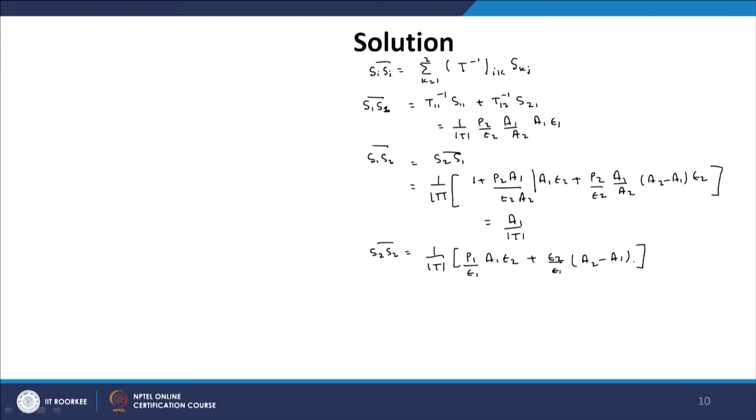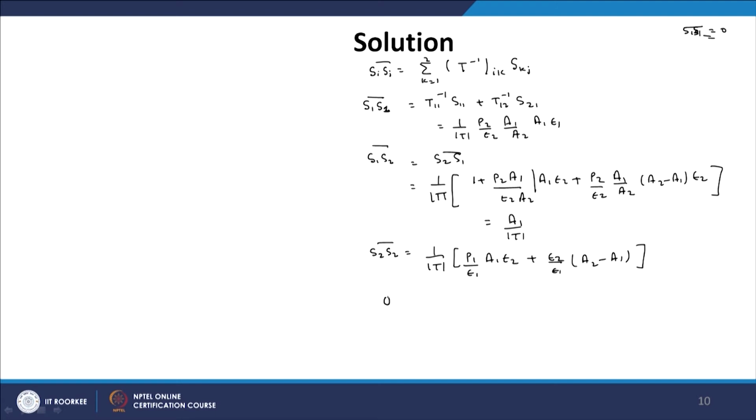So we have calculated all the total exchange areas using this system of matrix. One thing you should note is that, as opposed to the direct exchange area S11, which was equal to 0, the total exchange area capital S1S1 is not 0, because now it includes reflection also. So the inner cylinder 1 will not receive any radiation from itself directly, but it will receive radiation after reflection from the outer cylinder. So that is why the total exchange area from 1 to 1 is not 0.